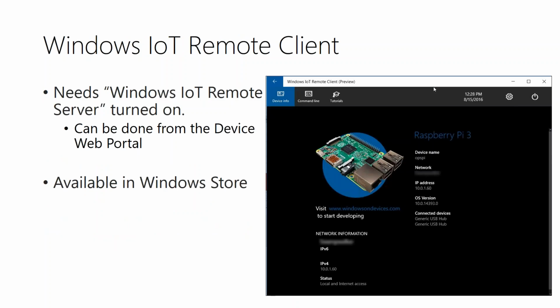And another app to mention is the Windows IoT Remote Client. Now this is a Windows Store app that you can download on any Windows 10 PC. This app allows you to do something similar to a remote desktop connection to your IoT device running Windows 10 IoT Core. So say you have your Raspberry Pi running IoT Core, it's booted up, it's connected to your Wi-Fi, the same Wi-Fi your laptop is connected to. You can run the Windows 10 IoT Remote Client on your Windows 10 laptop, enter in the IP address of